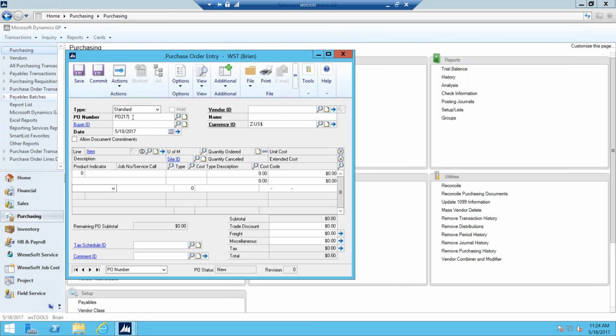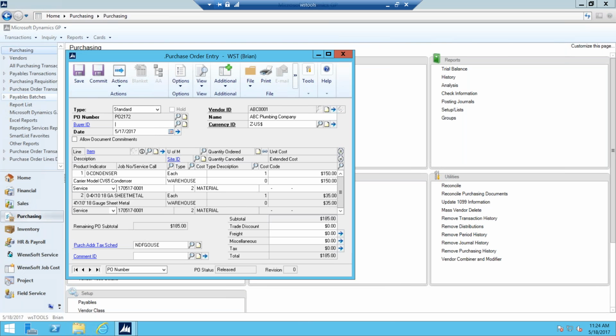That was PO 2172. Okay. And again, as I mentioned, this PO was assigned to that service call because we had just gone into the service call and we saw that connection. So again, I could have gone here, create and copy new PO, but again, it doesn't bring that service call information over. So that's where PO vendor change makes save some time, is we can go ahead and change the